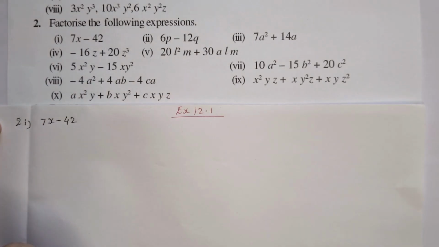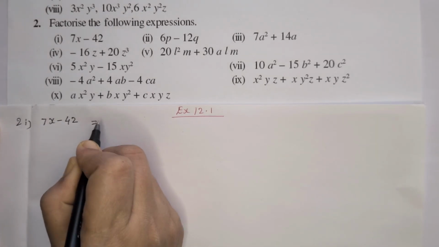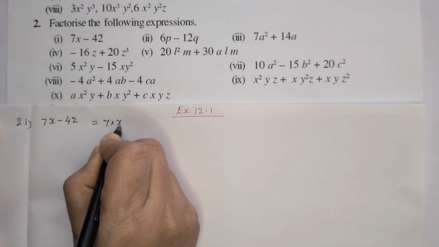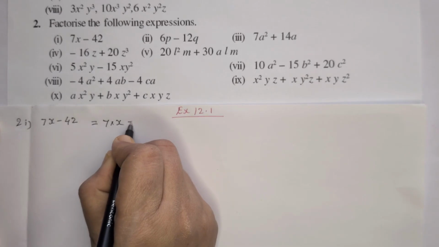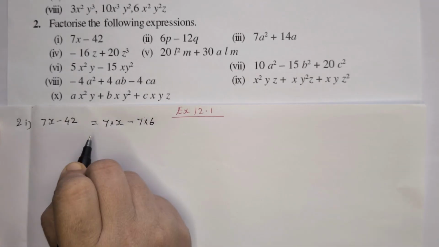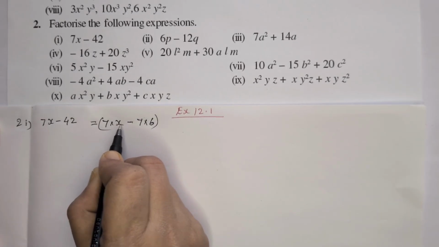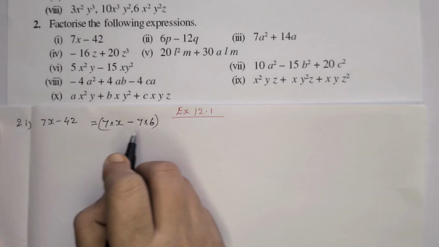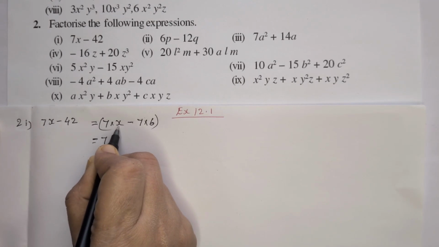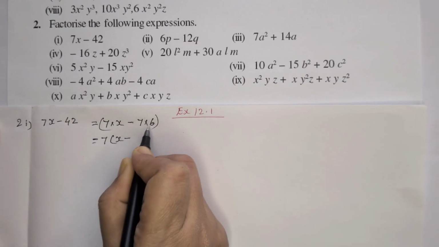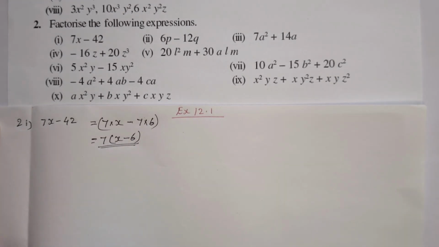Second question, factorize the following expressions. First one, 7h minus 42. 7h minus 42 we can write as 7 into h, the first term. 42, when we are splitting in terms of 7, we can write that as 7 into 6. From here, two terms are there, 7 into h and here 7 into 6. From that, we can take 7 as common. Then when we are taking 7 as common, here h is remaining, minus, here 6 is remaining. So 7 into h minus 6. That is the factorized form.